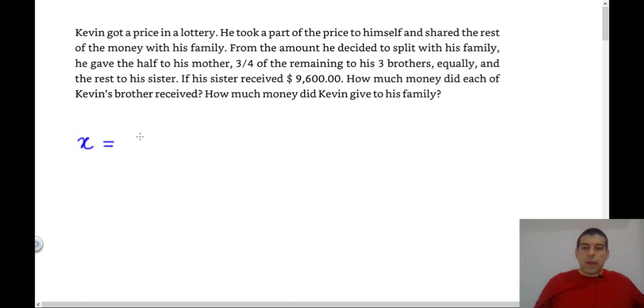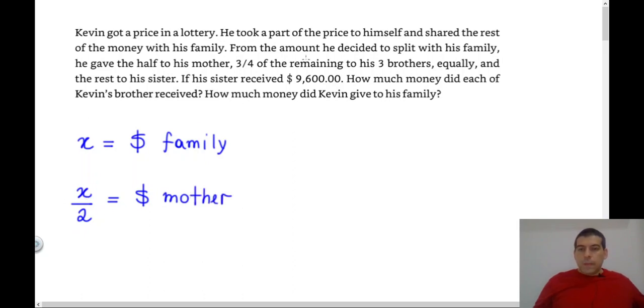so if I call X the amount of money that Kevin will give to his family, once I know that he gave half to his mom, the mother will receive X divided by 2, okay? This will be the quantity received by Kevin's mother. The question continued and told us that 3/4 of the remaining will be split with his three